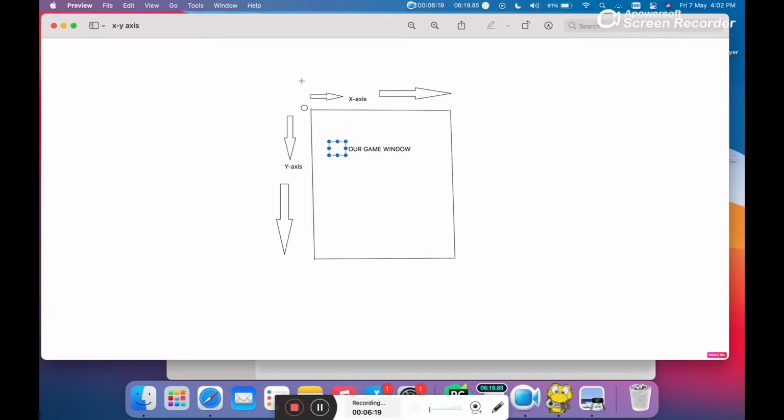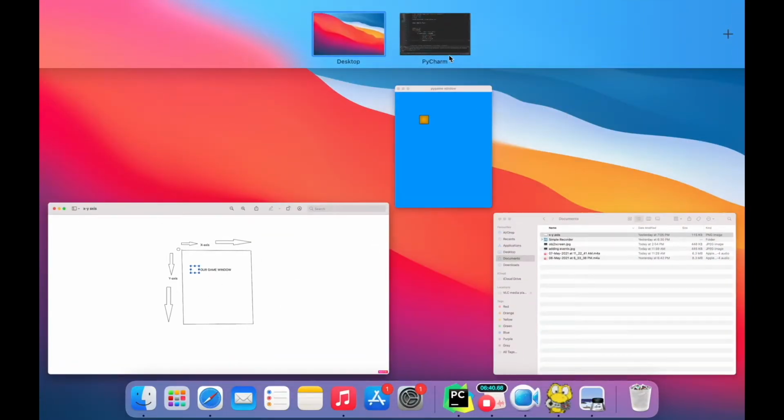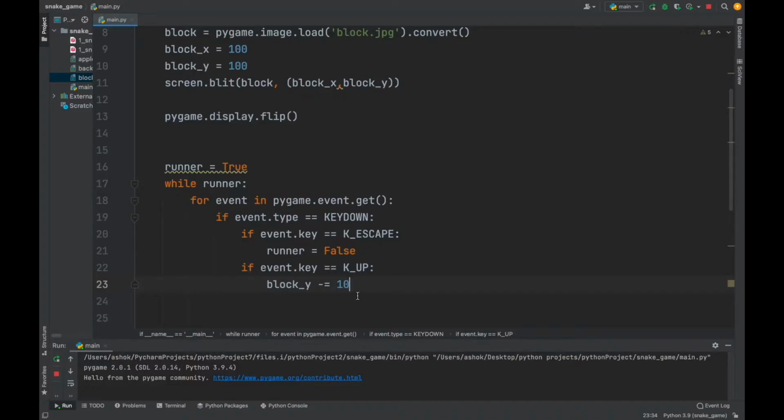So suppose the block is here and you want to move the block up. Let's take, suppose, the value of y is here 200 and here is 100. If you want to move the block up, the value of y should decrease. Got it, guys? If I want to move the block right, the value of x should increase. I hope you understood. You'll understand much better